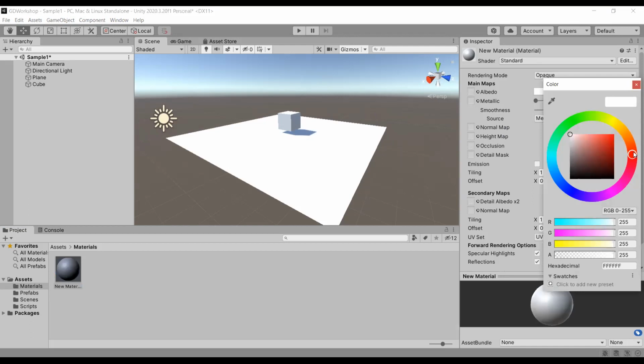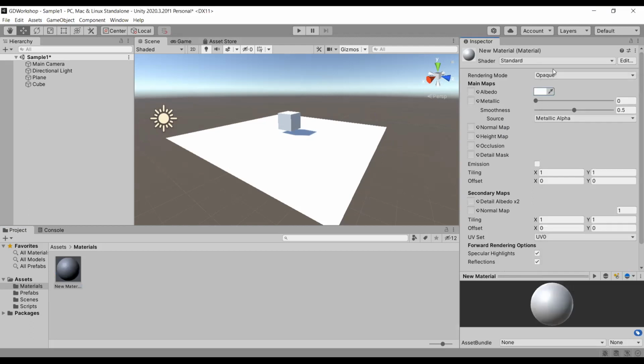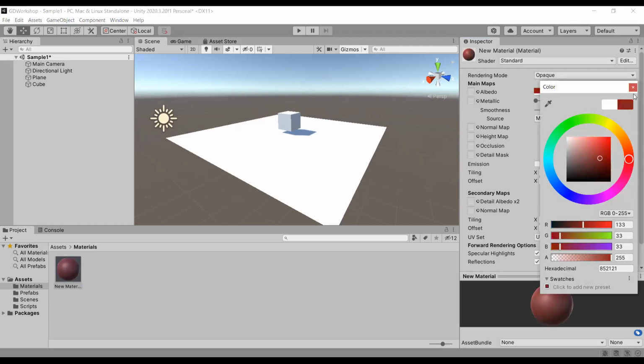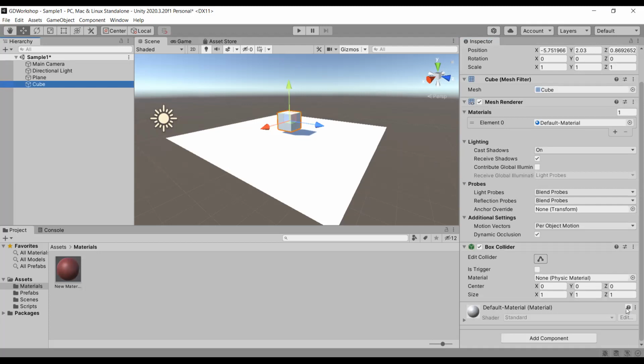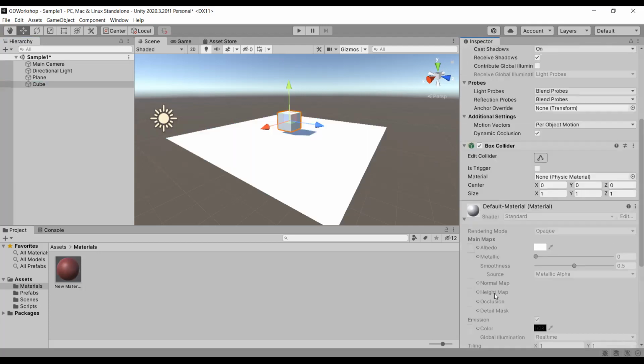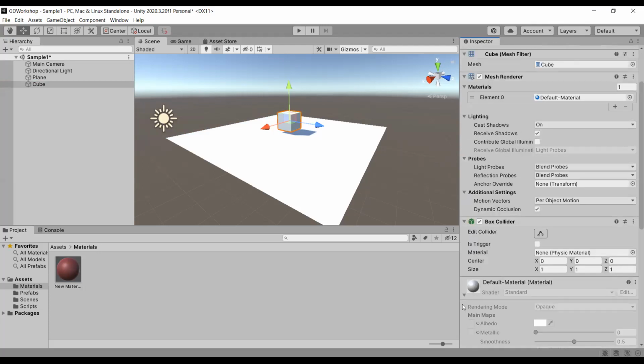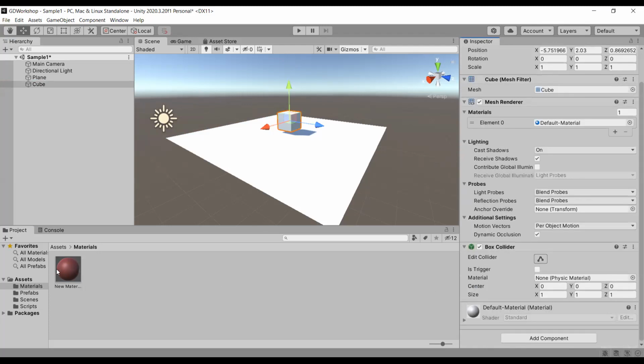And then we create. I'm just going to add a certain color to it. Cool, right? Of course, you can see my material changed. Now in my cube, I'm just going to add this material. I'll just drag and drop.